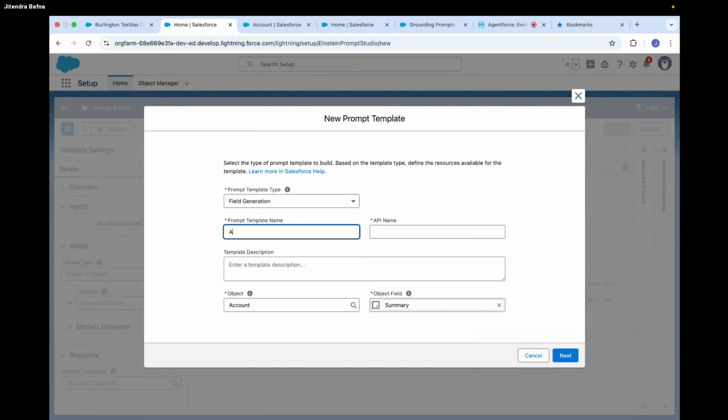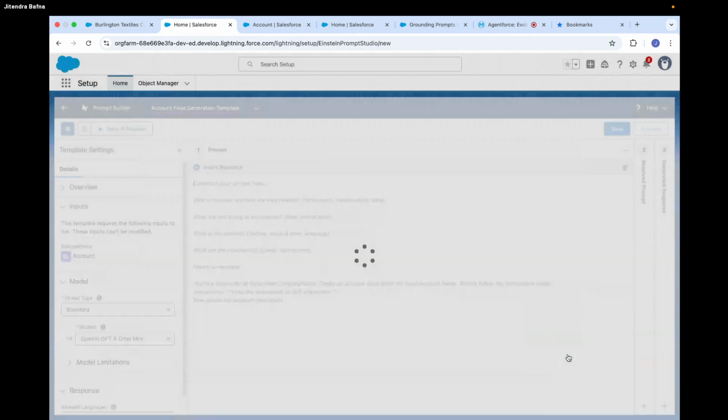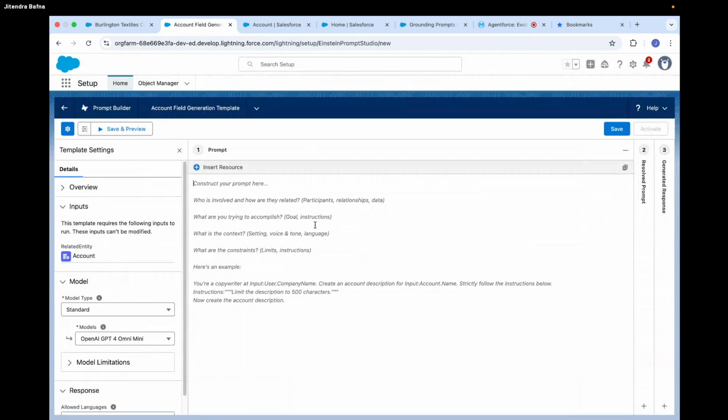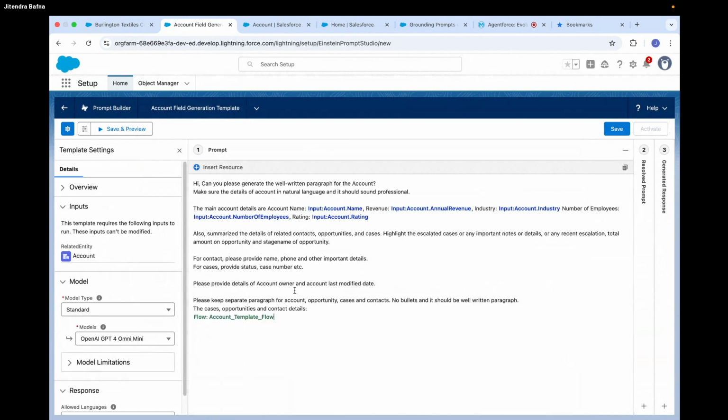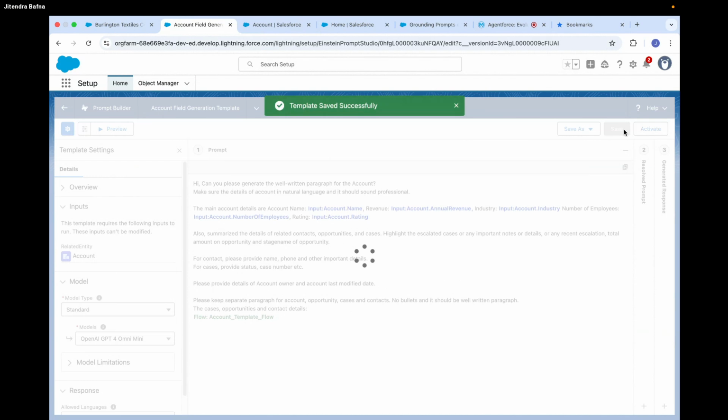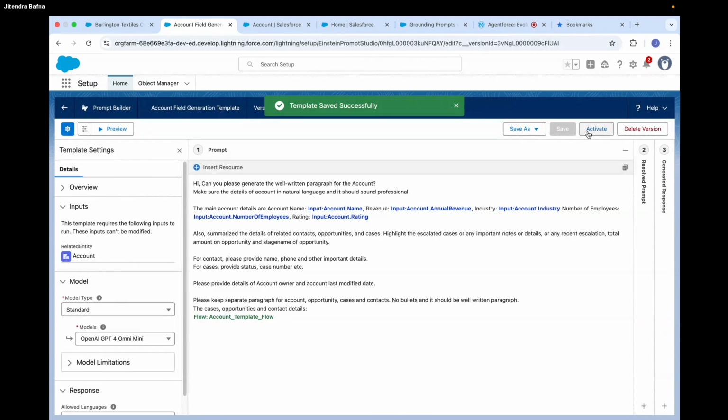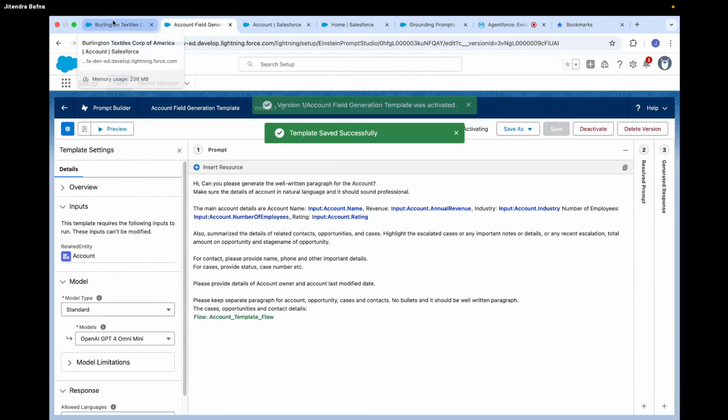I will just say account template. Next. Okay, so this is my template, I will just save it, and let's say I activate it, if I'm able to see it there, right? So